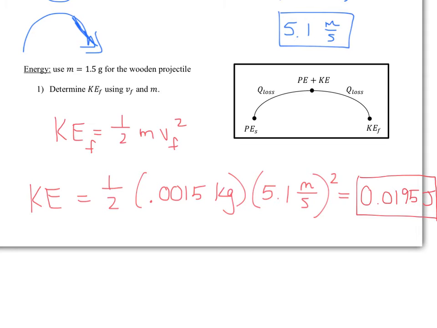Again, if you're using your own data, it might be a little different, but it should still be a rather small value. Okay, how many people are using their own data right now? Just give a heads up. What did you guys get for your VF in the previous part? I got 5.1. What did your group get? 6.37. Okay, so yours is going to be a little bit bigger than this. Yours is going to be bigger than this also, a good amount bigger. 3.2 meters per second. So yours should be smaller than this number. Okay? Now,